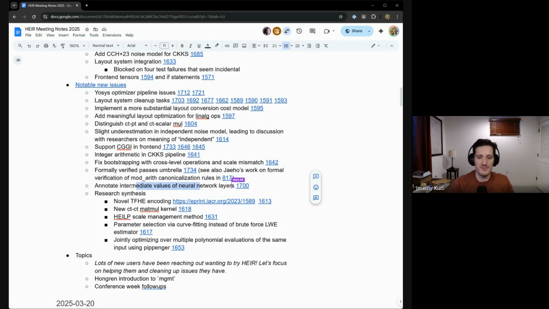Okay, so then we had this issue. The big problem with CKKS is that the noise depends in a lot of ways on the underlying ciphertext messages. So if you don't have concrete bounds on the message values and you have something like 16-bit floats, then basically your noise models are meaningless.